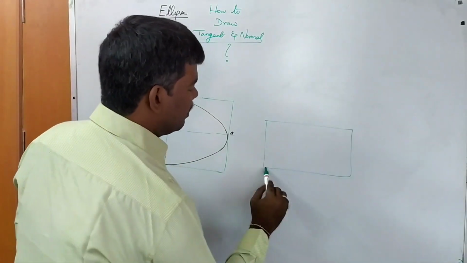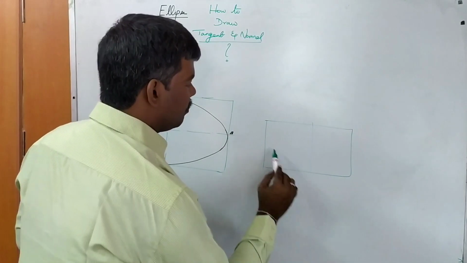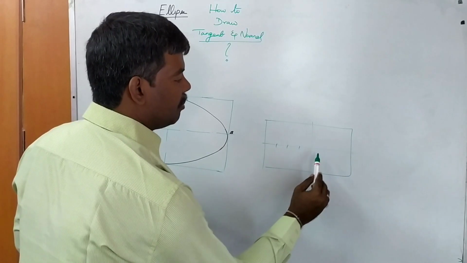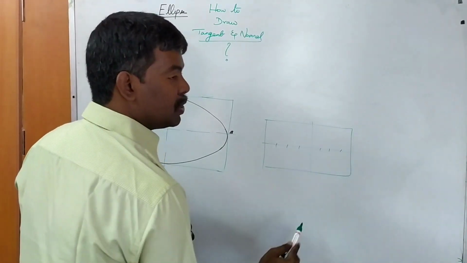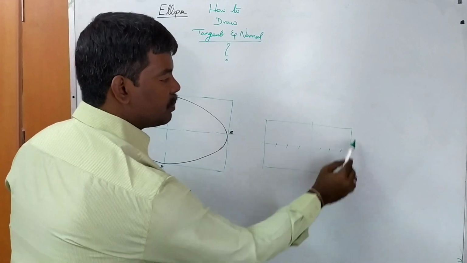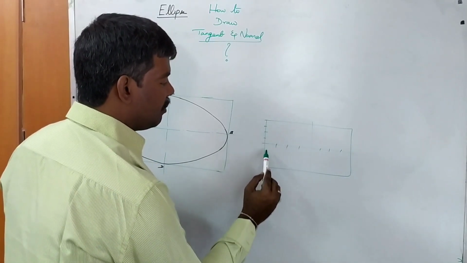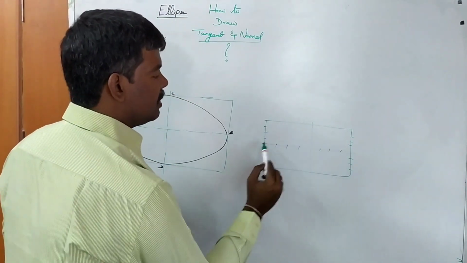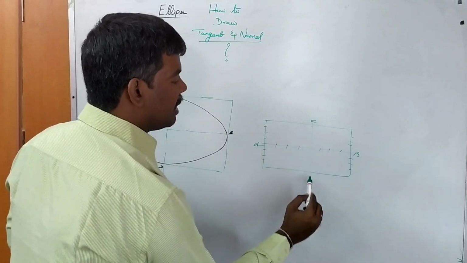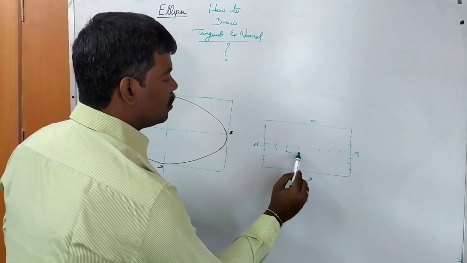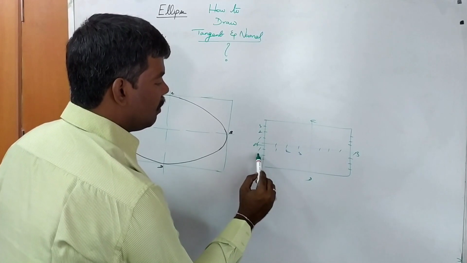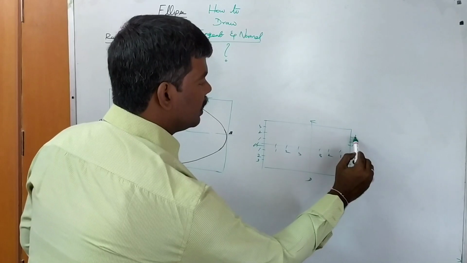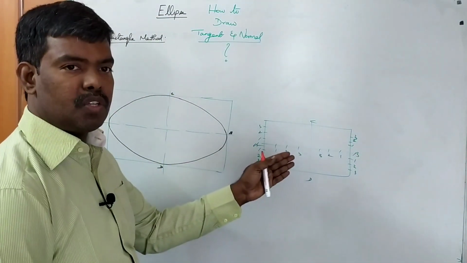You draw the given size of rectangle and bisect its sides, and the half of the major axis is divided into n equal parts, the same on the right side also. Similarly, in each of the 4 quadrants, the same number of equal parts in lines parallel to the minor axis. This is the major axis AB, this is the minor axis CD. You put numbers 1, 2, 3, 4 and so on. So n equal parts, that choice is ours.